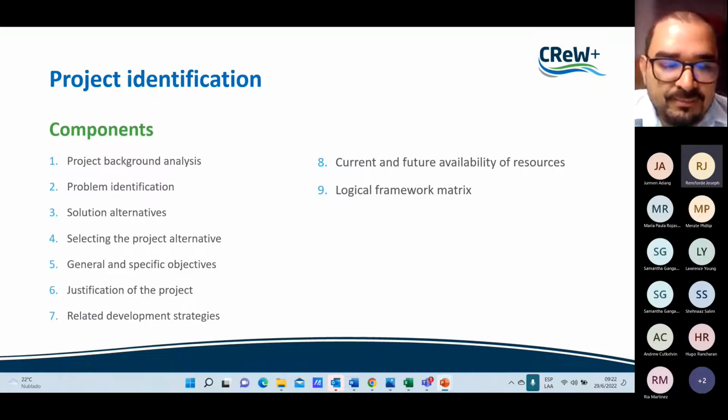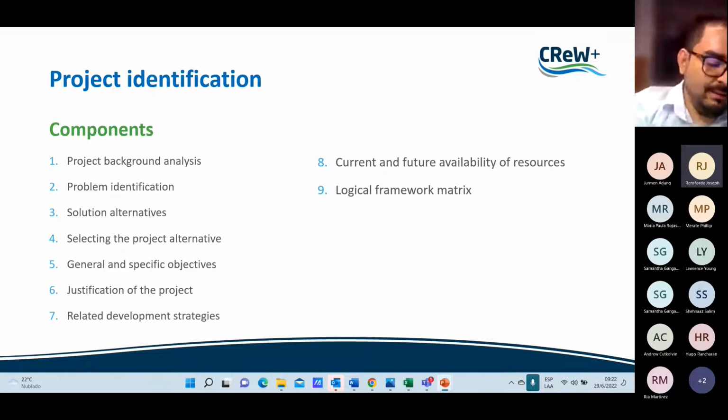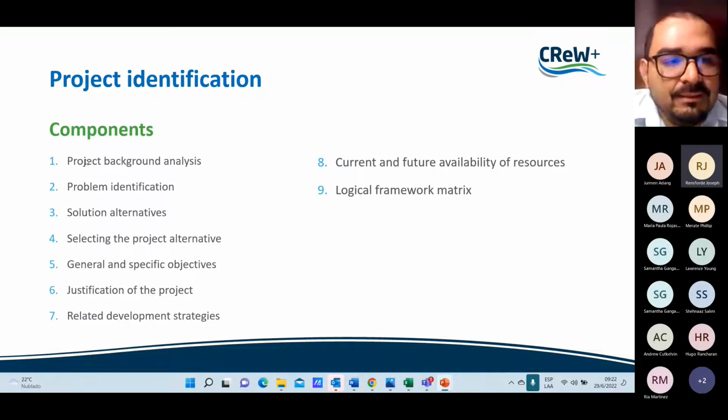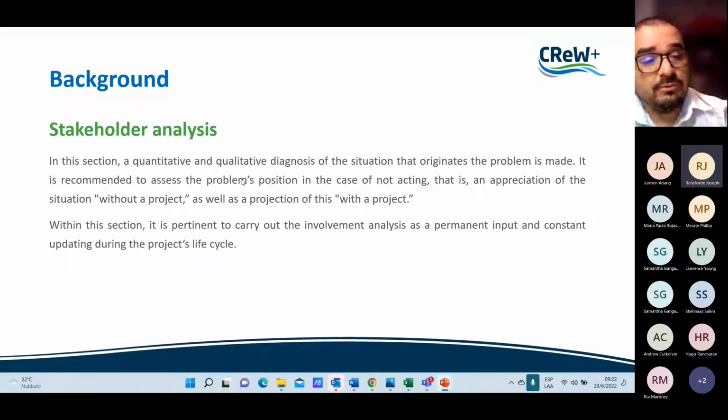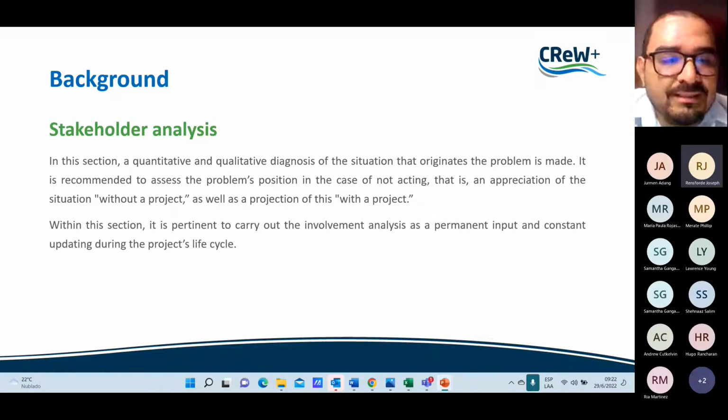I want to reinforce a specific aspect I saw, I think it was the second class, that maybe it is important to reinforce, and it is in the project background analysis. When we made the logical framework matrix, the first step is that in the project background analysis, we make also the stakeholder analysis. We saw it back then. But I think it is important to reinforce the topic. Also, I'm going to show you a little video to make also an example of it.